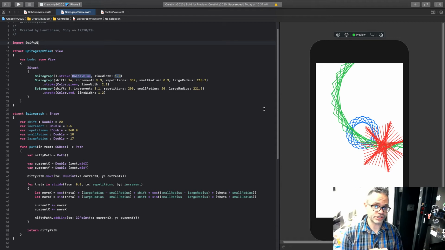Welcome back. We're going to continue on with how to do some amazing art using SwiftUI and drawing with Swift. Today we're going to be looking at how we can do a spirograph view. You may have played with this game or a set of coloring toys as a child or even as an adult, and so you can draw some really cool shapes and functions simply by connecting a lot of straight lines together using a rotation of a circle inside a circle, aka hypocycloid is the mathematical term we're using to actually